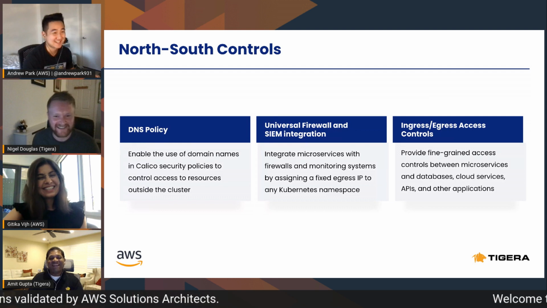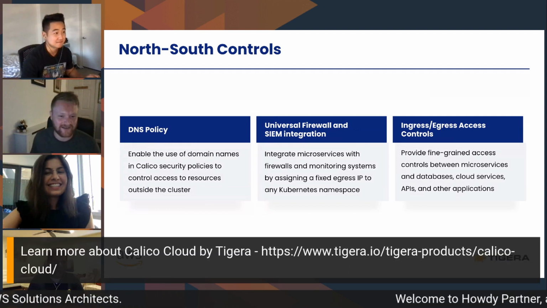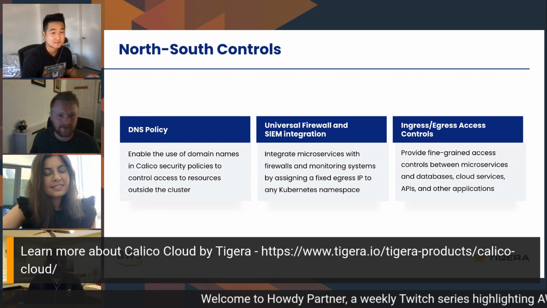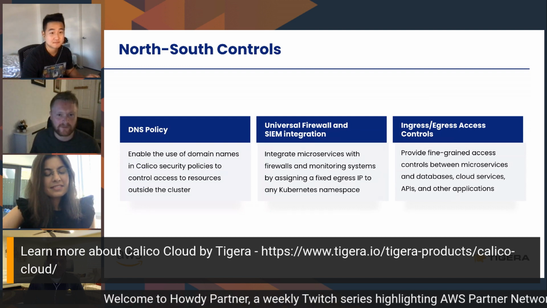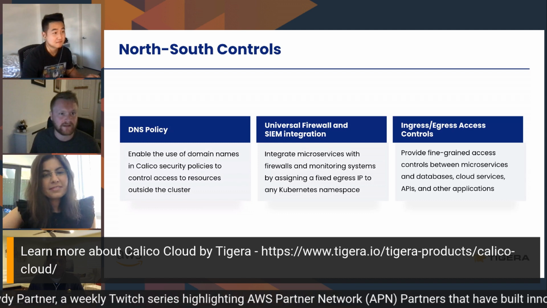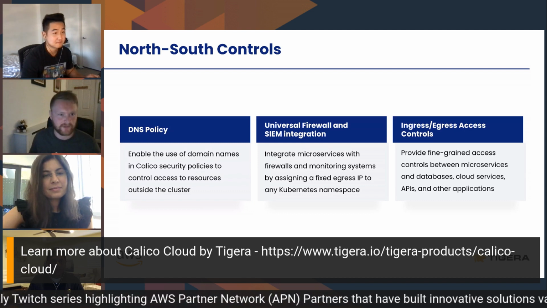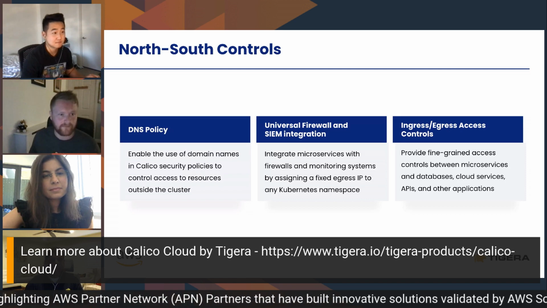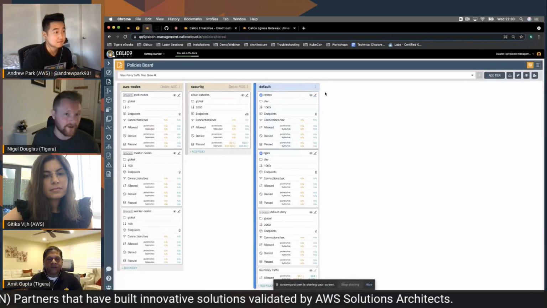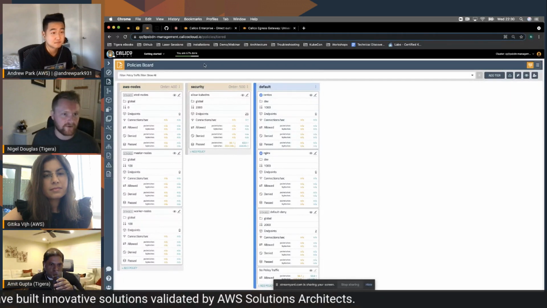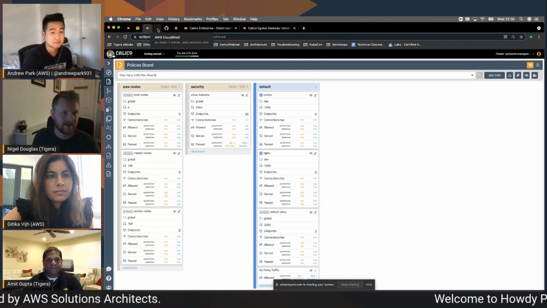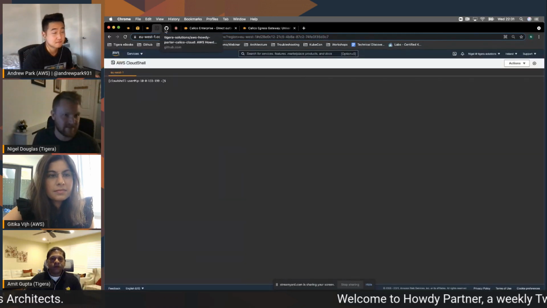So I'll start by going through these north-south controls. Some people who are joining now might be familiar with some of these features from open source, and then I'll show you maybe the features they're not familiar with already. So I have a cluster open here using Calico Cloud. The first thing they'll notice is with open source, we don't have this web user interface. Now to simplify the process, I'm going to use a repository here for going through each of the steps.